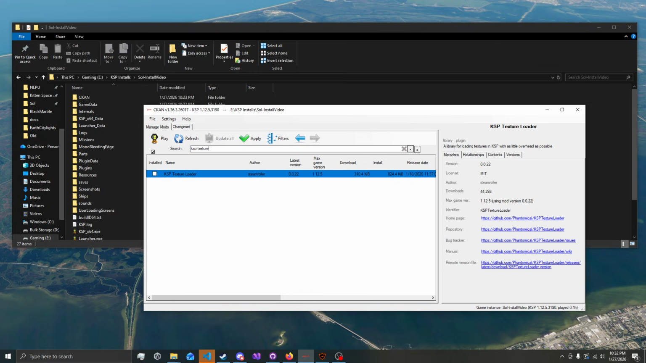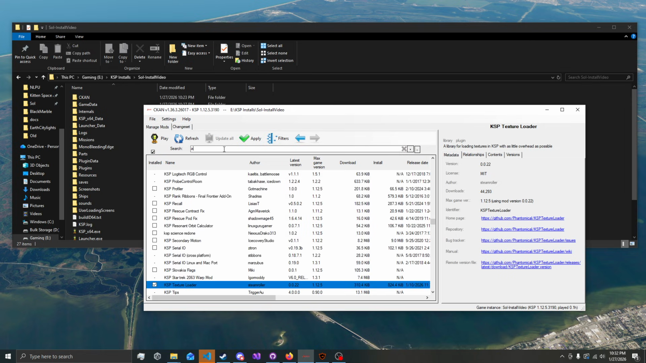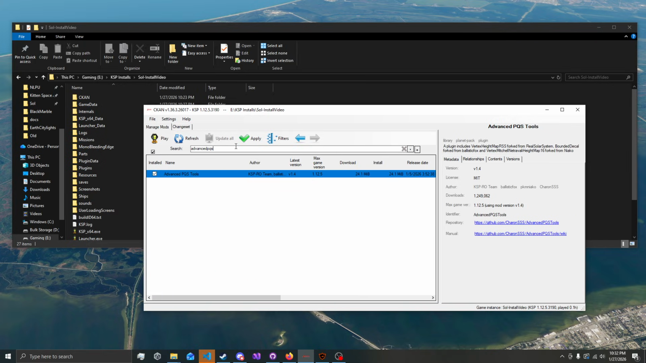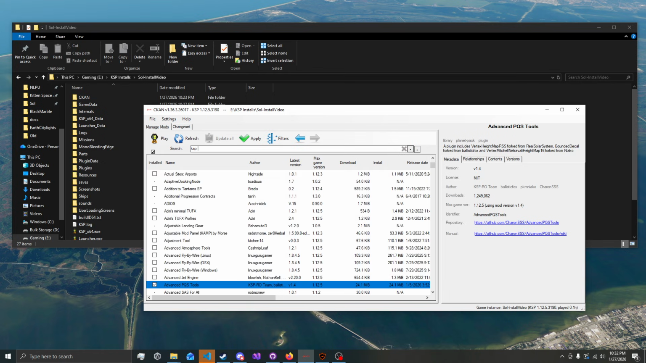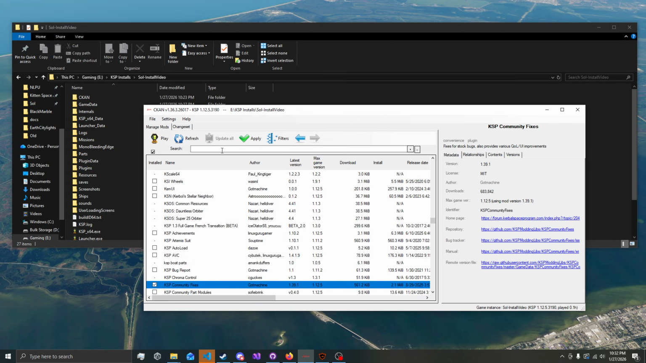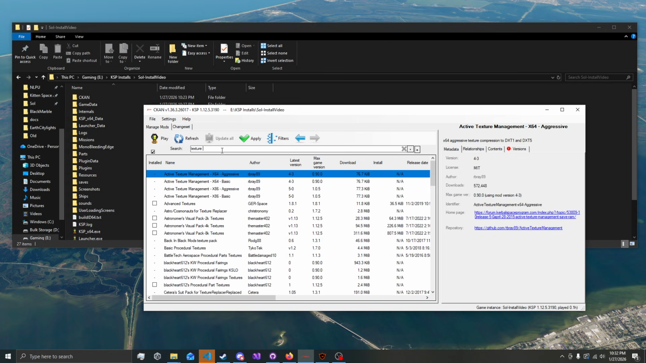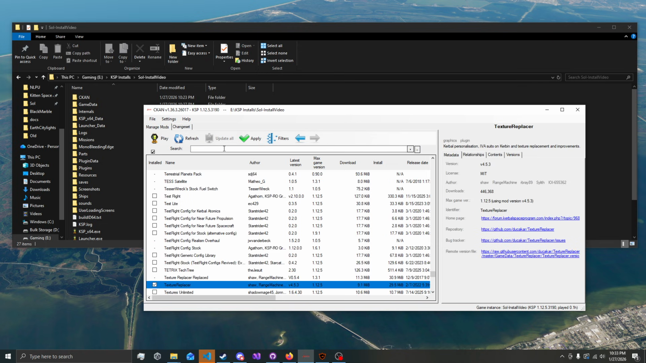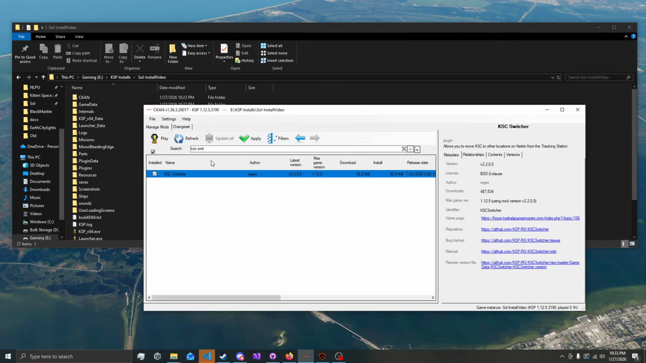We're going to make sure we actually get KSP Texture Loader, just in case it decides to skimp out on us. We're going to get Advanced PQS Tools. That's another thing we're going to want to grab. And we're going to want to grab KSP Community Fixes. There's two recommendations that I don't have on this list that I would grab, which are going to be Texture Replacer for the skybox that Sol has, and KSC Switcher for different launch sites. But you should be able to just hit apply,